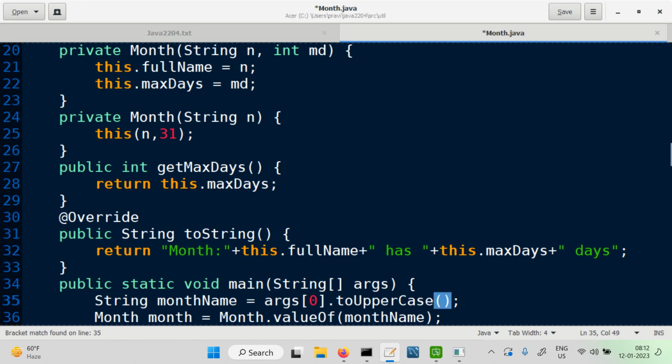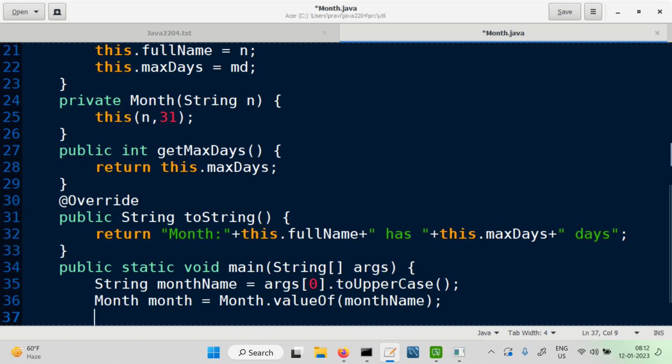So whatever command line argument he has passed, we'll convert to uppercase and keep it as a month. So normally, yes, that's what should be done. When you say valueOf, you are using all capitals, and we are following a convention where we'll always use all capitals. Now the one who is using this has the freedom of,